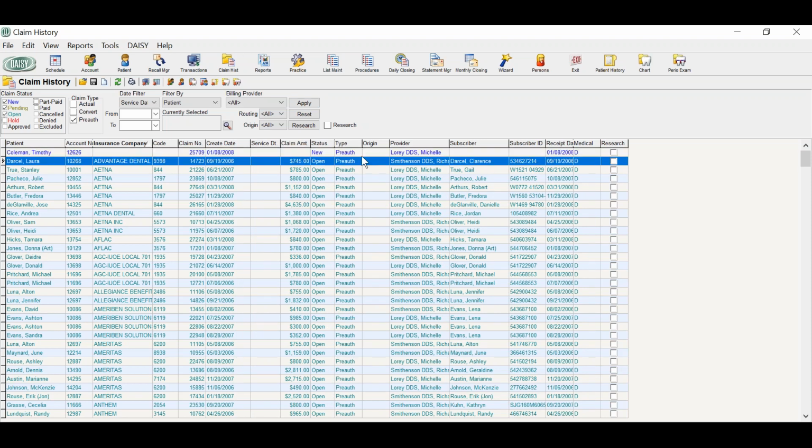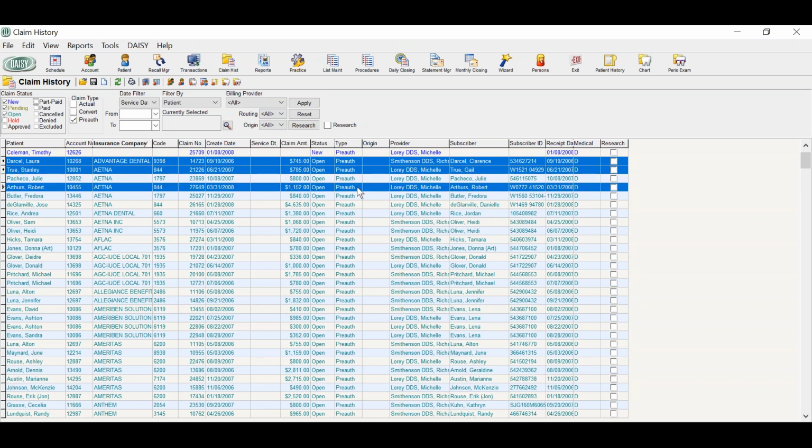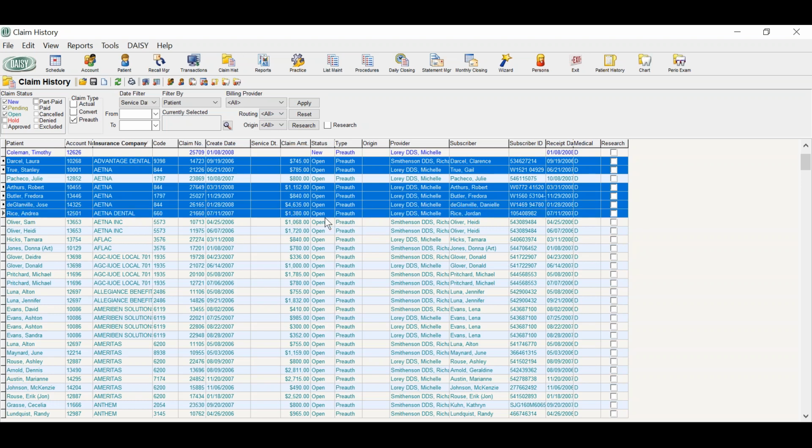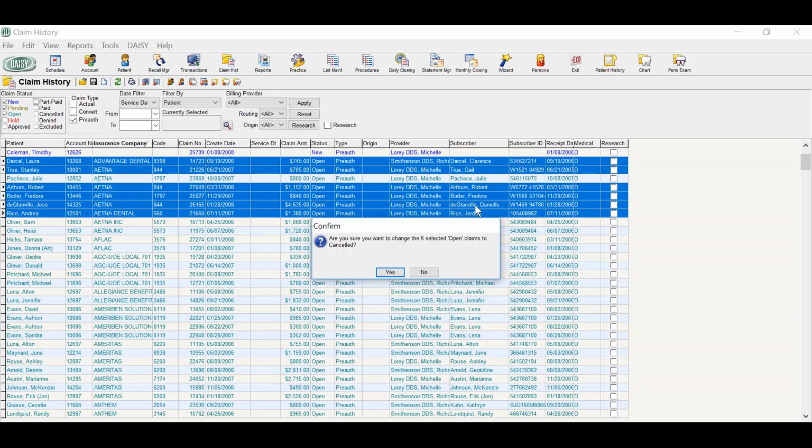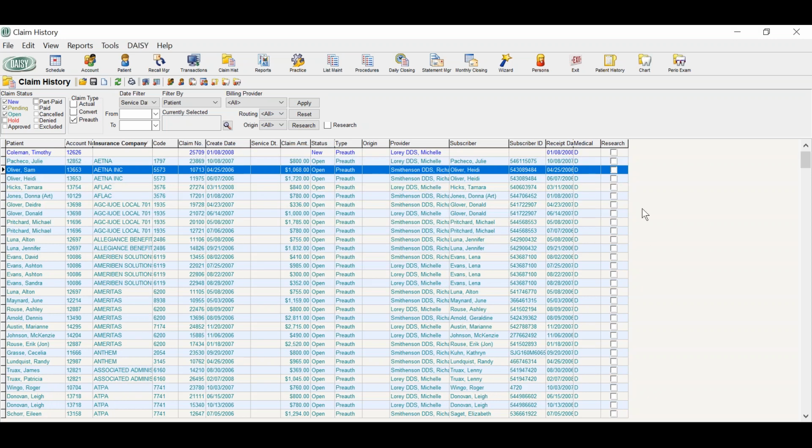One nice thing to note as well is if you have a group of old pre-authorizations, as you can see here, we have several from many years back. If you hold your control key on your keyboard and select your different items, while still holding your control key down, if you right-click, you will get this menu of options. From here, you can change the open claims to and choose one of the different statuses. I'm going to choose canceled for this scenario, and it will ask me if I'm sure that I want to change these claims to canceled. When I say yes, it will show that it has acknowledged that, and when I click OK, they fall off